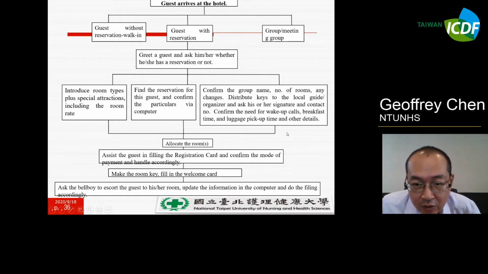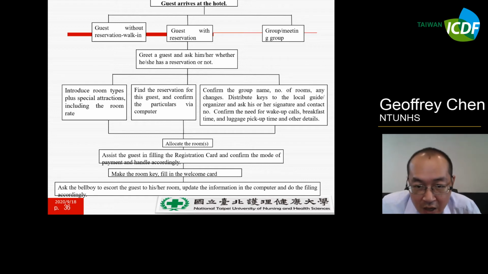The last dialogue is about confirming your group names and information related to your travel agencies, to make sure how many rooms, and any changes or requirements. If you make sure this booking exists in your computer, then you distribute the guest keys to the tour guide or tour leader, and they will give them to their guests.